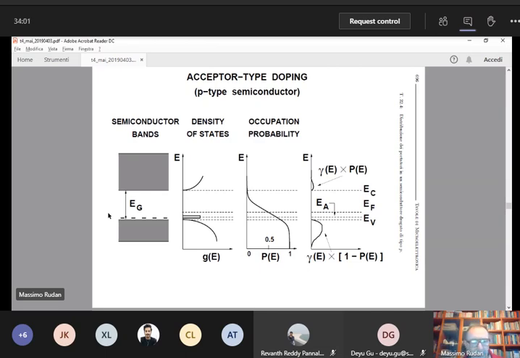So the acceptor traps are neutral when empty of an electron, negative when filled. Okay, so they are just opposite or dual with respect to the donor type